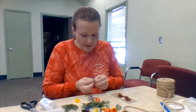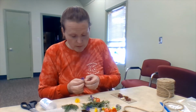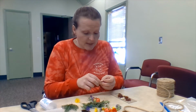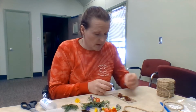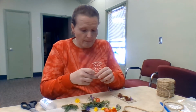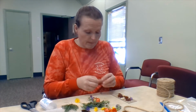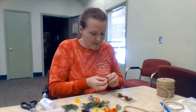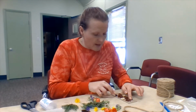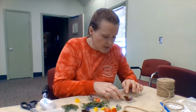And I have a couple little violets that I'm going to be using for this one. Again, using my fingernail to take the stem off. I did leave the stem on the maple leaves, but they are flat and the stems are laying flat on my bookmark. All right, once I'm happy with my design, and I've got things laying as flat as I can, using my finger to push down,